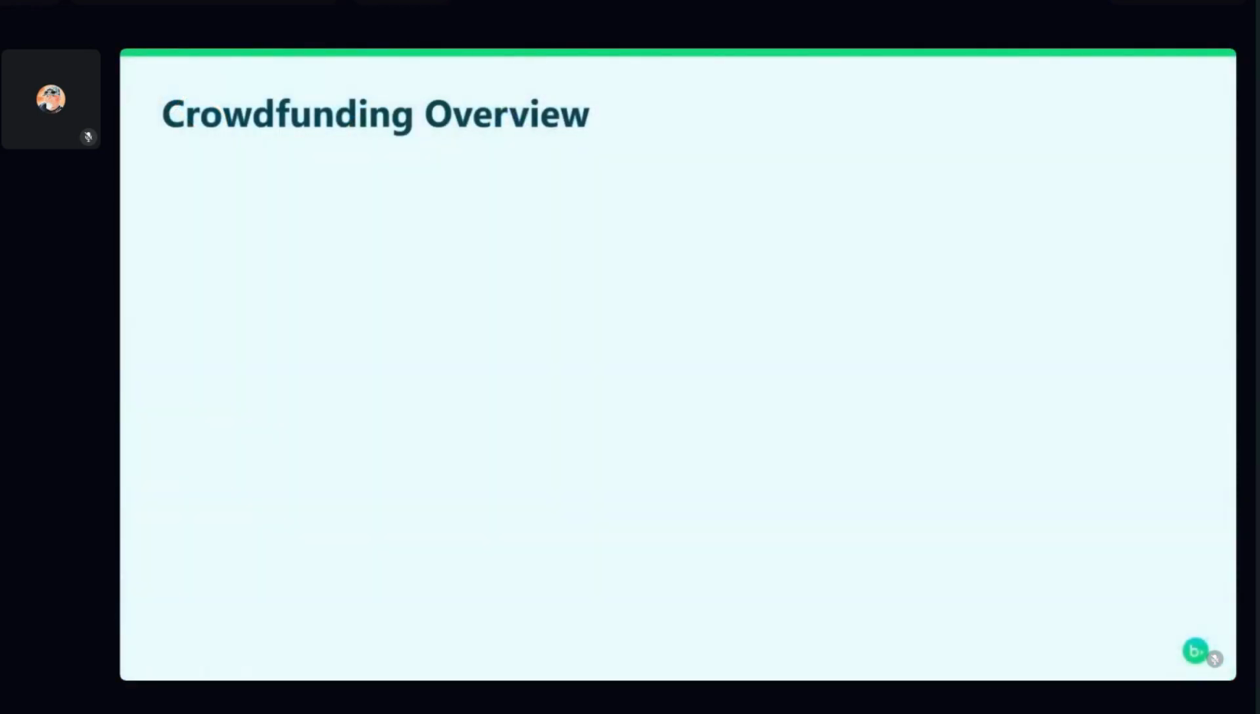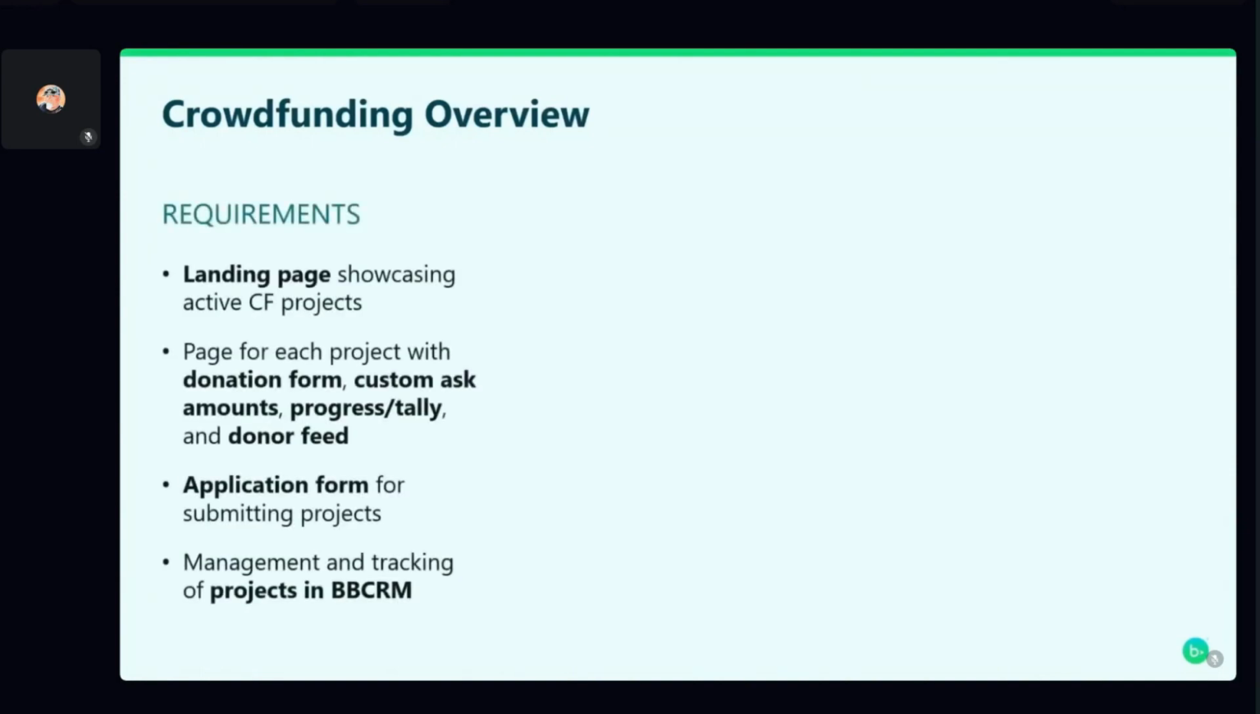So let's take a look at the requirements first up. In terms of a crowdfunding solution, ANU wanted, basically similar to the Giving Day, a landing page that showed a range of different projects that people can give to. They also wanted a page where people can make donations, similar to Giving Day, but also be able to